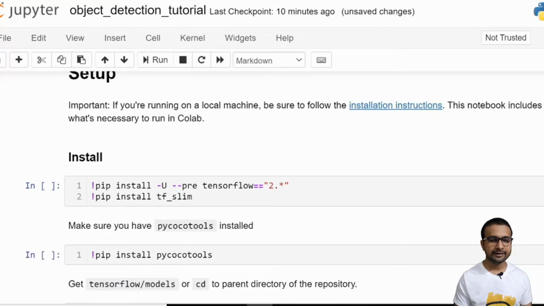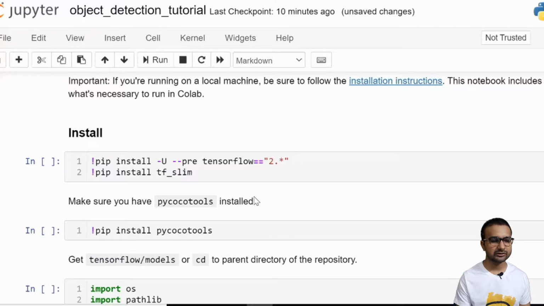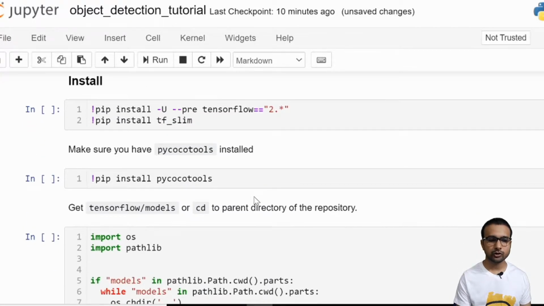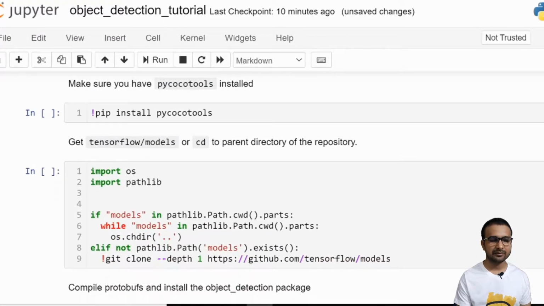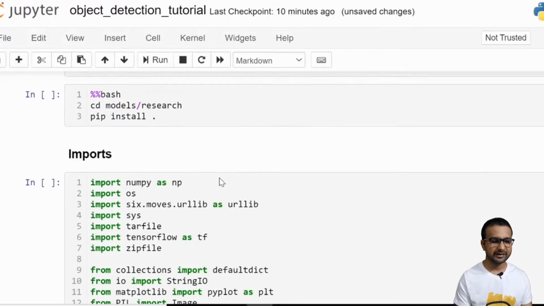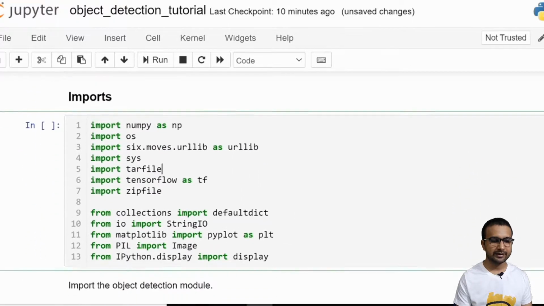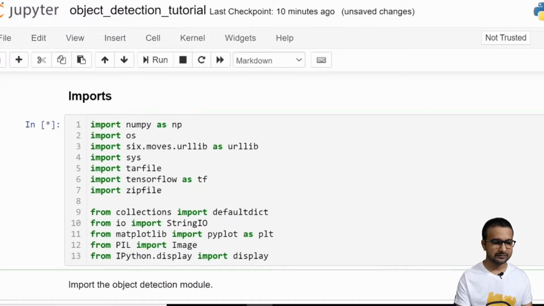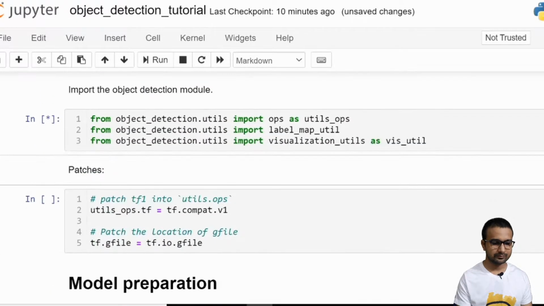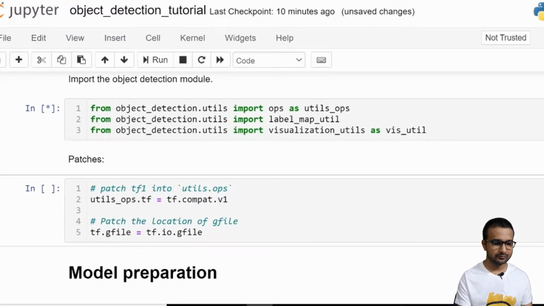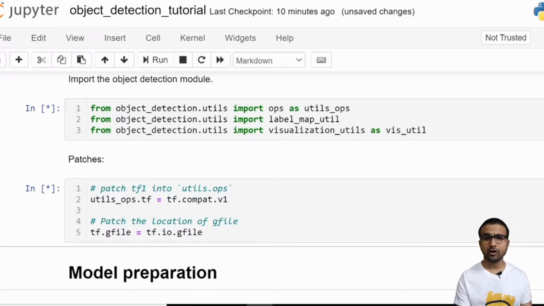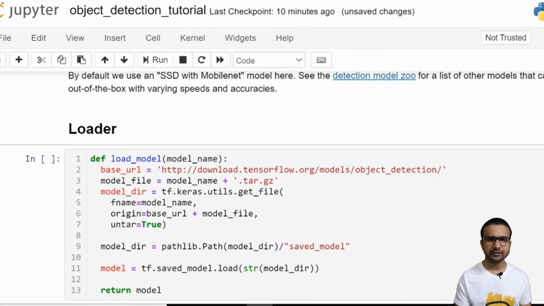We have already installed all the basic requirements like the latest version of TensorFlow, TF-Slim, PyCoco tools, and these Pathlib libraries. So I'm going to skip all these cells and import the basic libraries like NumPy and Pandas. I'm going to run all these cells because these are required for loading the object detection model.